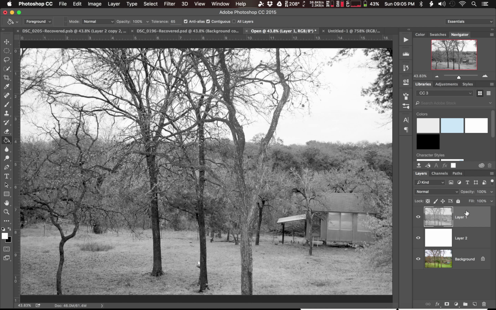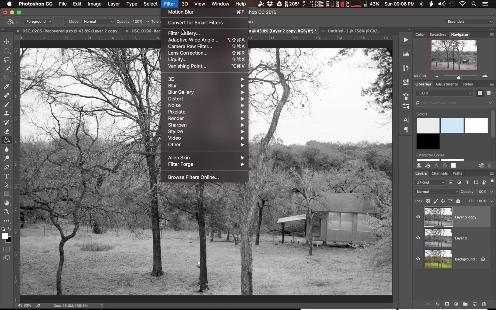Okay, let's merge these two into one layer. Now we've got a nice black and white layer of what we had previously here. Let's go ahead and hit Command J one more time, and now we've got two of them. Alright, let's go up to Filter, Filter Gallery,